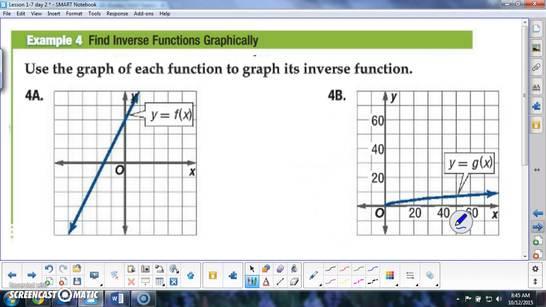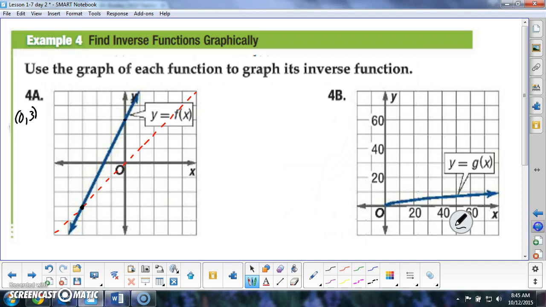So more of the same here. It says use the graph of each function to graph its inverse. Let me start off by putting in this diagonal line y equals x. And the first thing that I do if I have to graph the inverse of this blue one is I take this coordinate point where it's crossing the line y equals x, and that's going to have to intersect that dashed line there. You can take some other coordinate points such as this one,